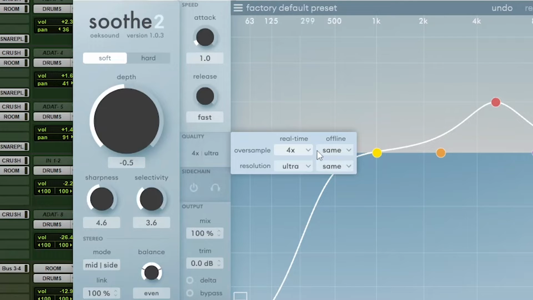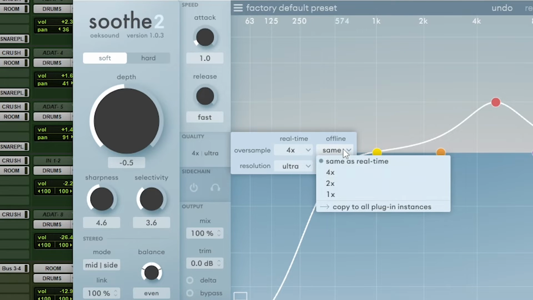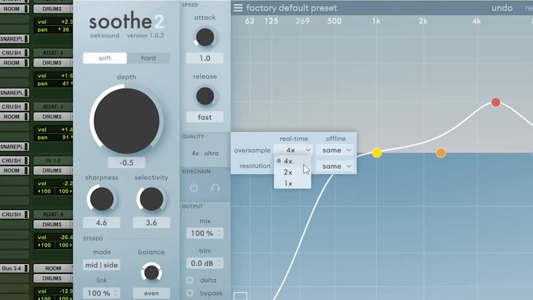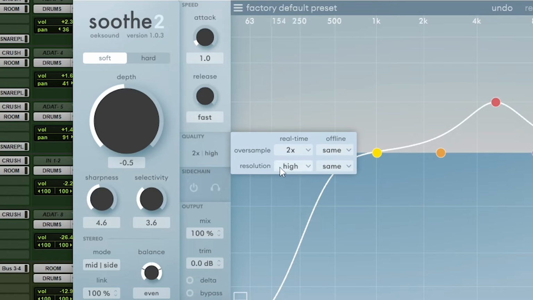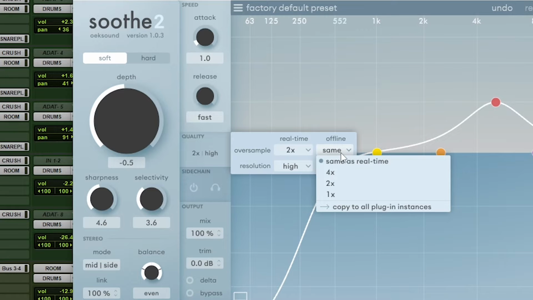And you can have varying oversample rates and resolution rates from when you're listening to when you're bouncing. So if you want to just listen at 2 times oversample and high resolution, but you want to bounce at an even higher rate,